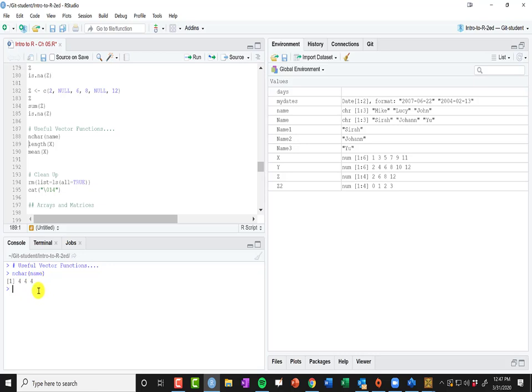So nchar tells you how long a particular element in a character vector is. We've already talked about length, right? The x vector has 6 things in it. And we've already talked about mean. The average, or the mean of the x vector, is 6. So let's clean up,